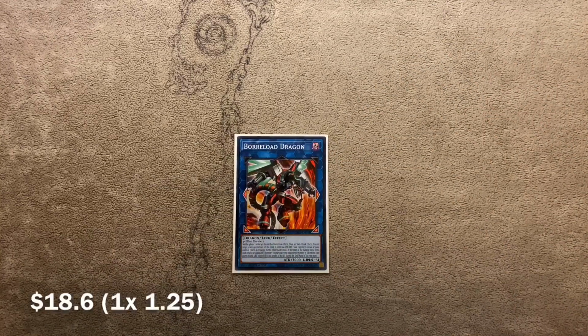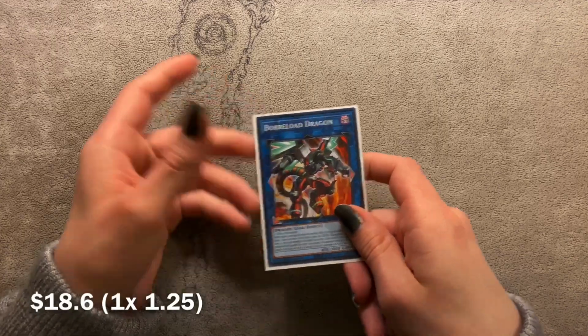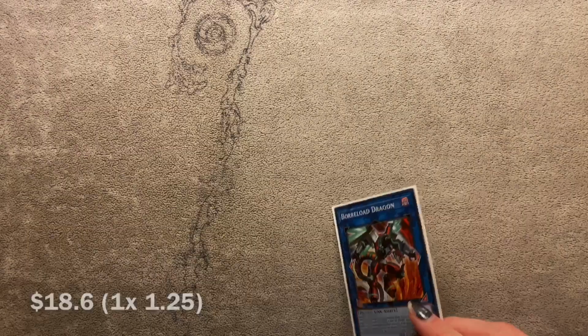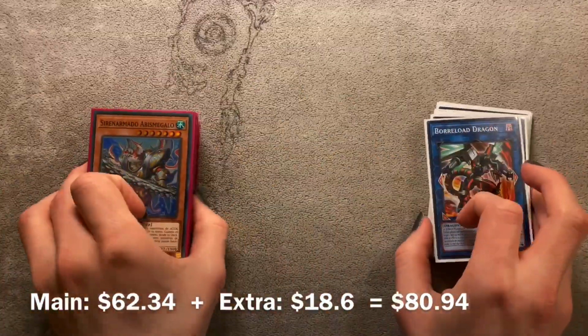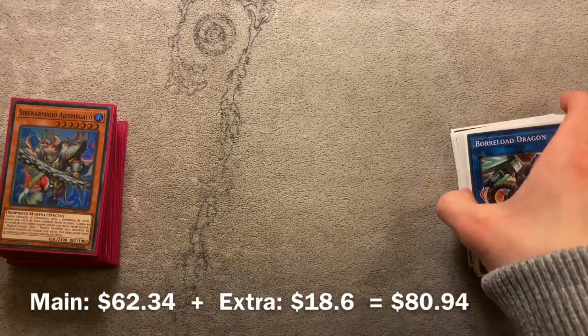Our final monster is Borreload Dragon. This card is only a couple of dollars, and he can actually really have an impact on some certain matchups. It's a really good card to own for any budget build. And that rounds up our $80 Mermail deck, extra and main. But if you want to take a look at the side deck for just a couple of dollars added to your overall price,